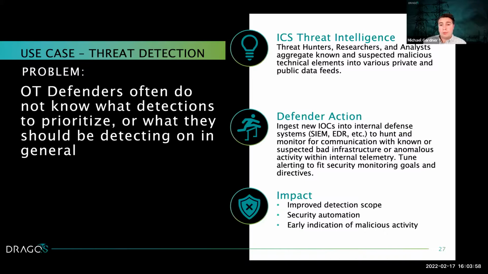So first up, we have threat detection. It's often really hard to know what detections to prioritize. Alert fatigue is a very real problem in the SOC. And sometimes you may not even know what to detect on in general, right? And we know that it is impossible to detect every threat in the world. So in order to become more efficient in threat detection strategies, we have to start to scale to incorporate behaviors